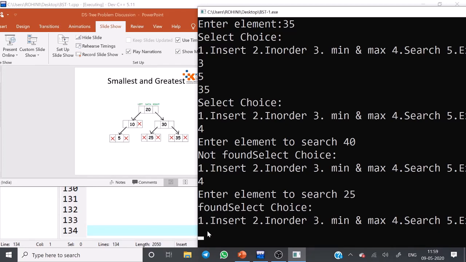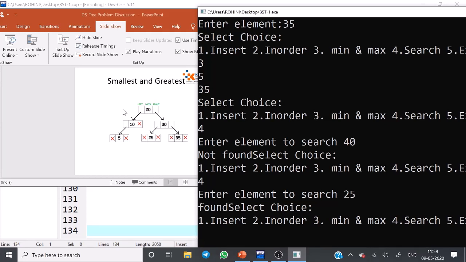Searching cost will be reduced if you use the binary search concept, because it is searching level wise. If the element to be searched is 25, it will find the root first. It compares: is 25 greater than 20? Yes, so it moves to the right side.